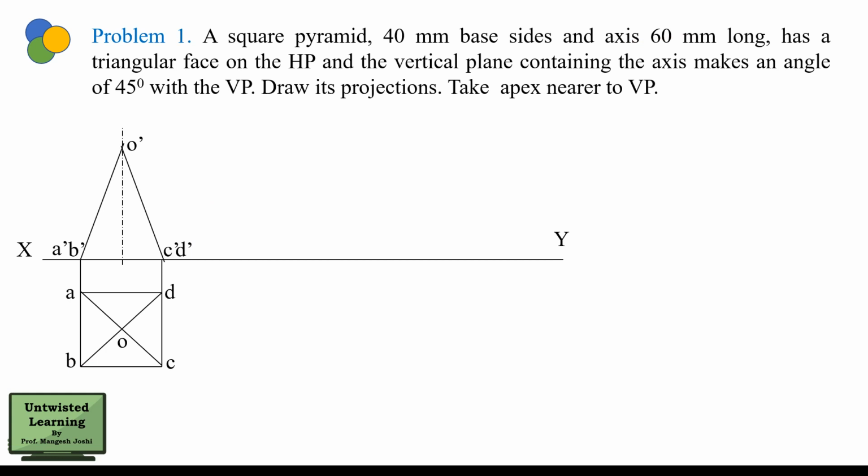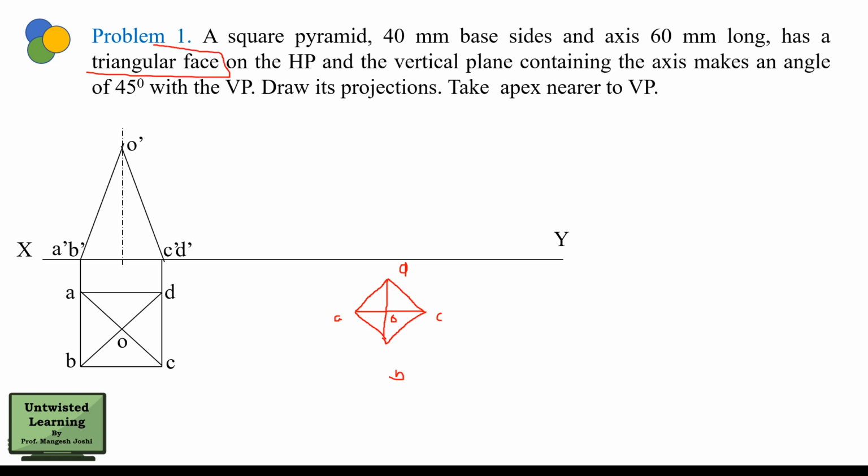Now after answering all the questions, you have concluded that you have to start with the top view, but there could be another position of the top view as well. So suppose this could be a position. So you might have drawn the top view, suppose like this. This is A, B, C, D, and this is O. But remember that